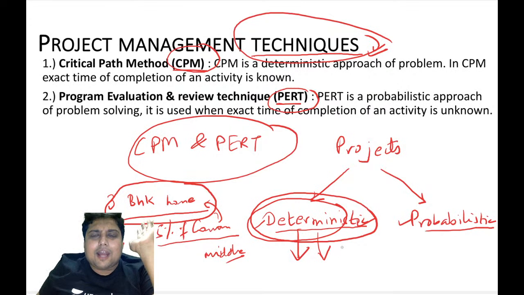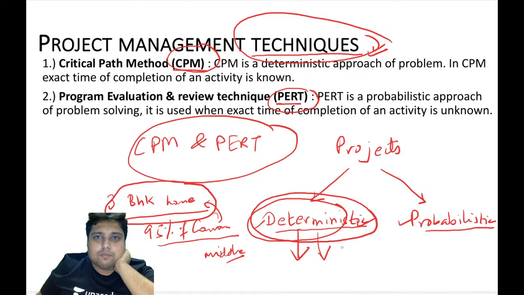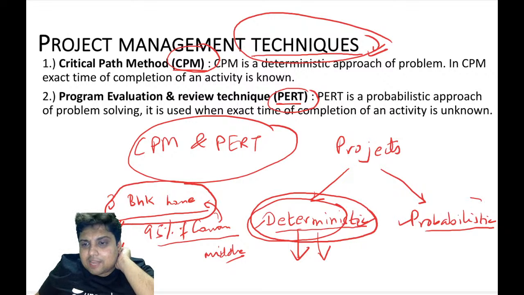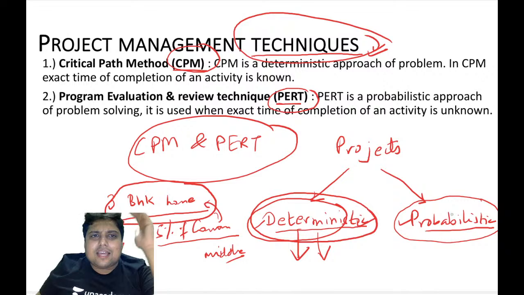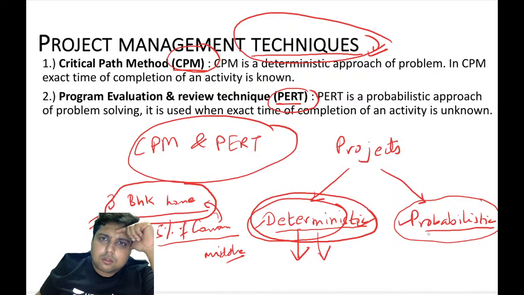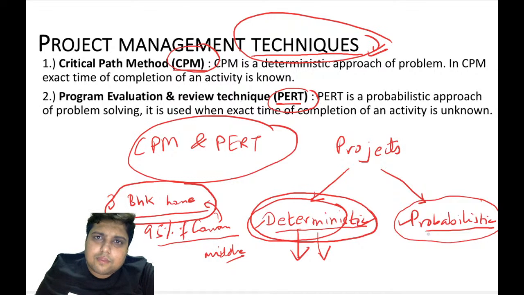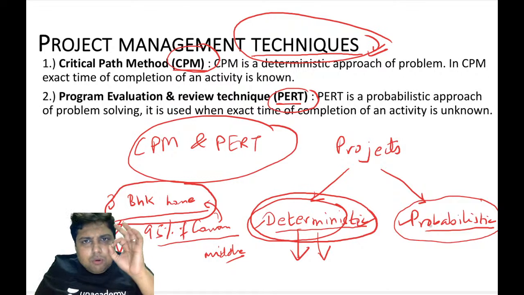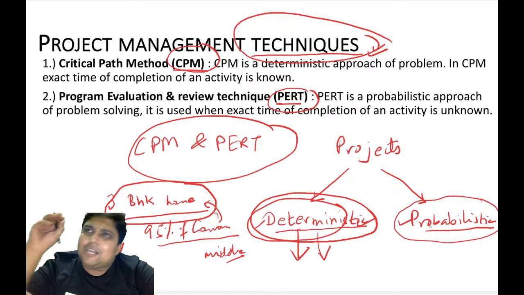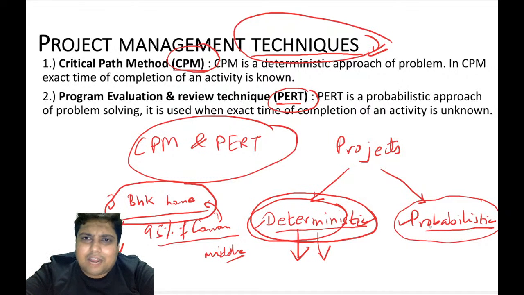He can easily determine how much money, how much labor, how much resource your project is going to consume. And on the other part, there is a probabilistic type of project. Let us assume that there is a flyover getting built in one particular location of your city. Now, that particular city location is a unique geographical location. It has a particular uniqueness to it. It has a particular weather condition, it has a particular traffic condition, it has a particular location to it.